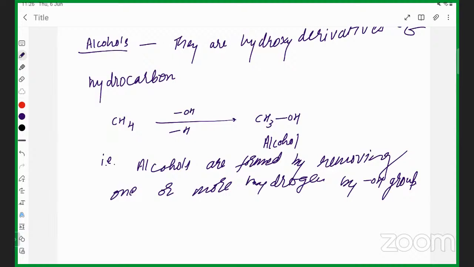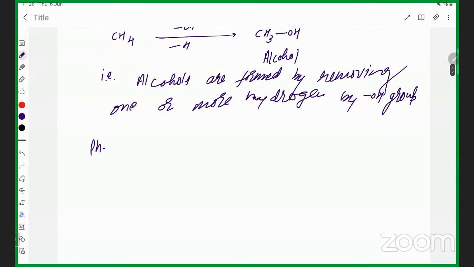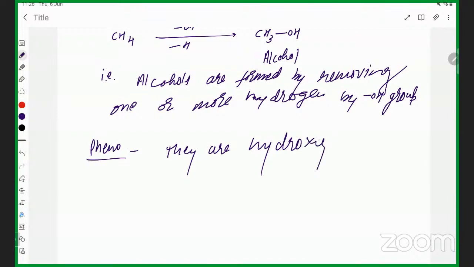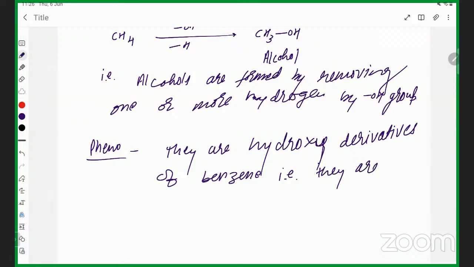Now the question is, what is phenol? If I ask you about phenol, they are hydroxy derivatives of benzene. They are formed by removing